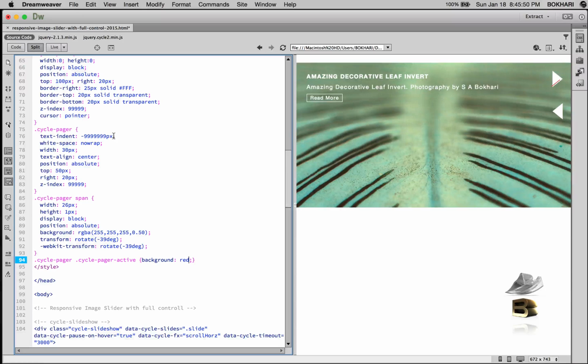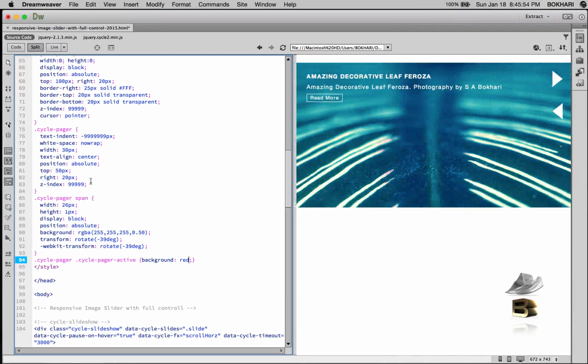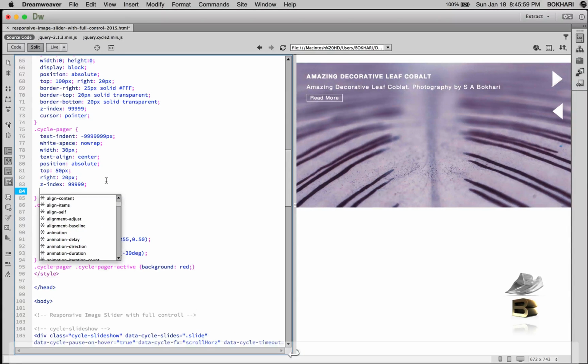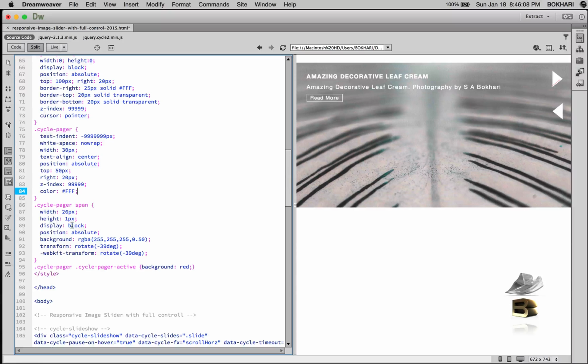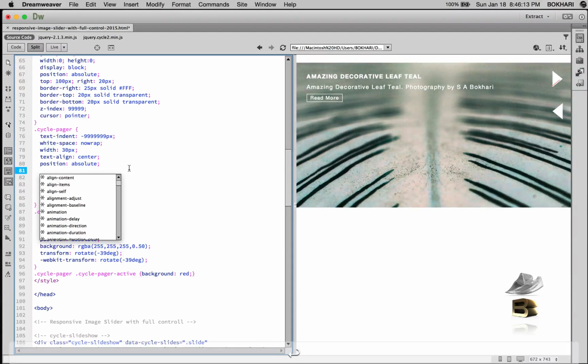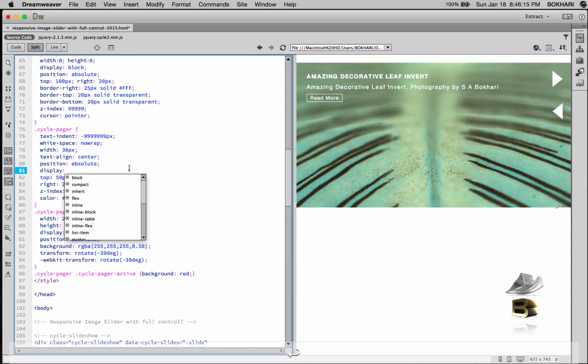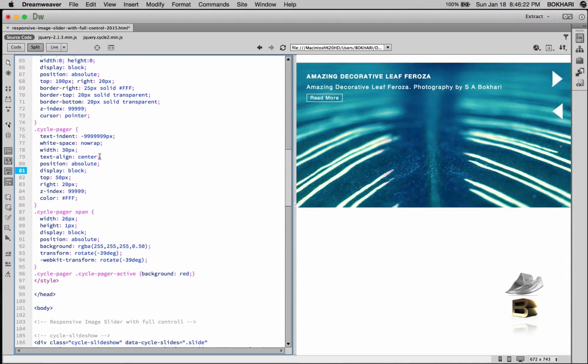So it should have a color, right? So let's put a color like white. Okay, we don't see them because of display block, we should also have a display block property in here. Display block, nope. Okay,